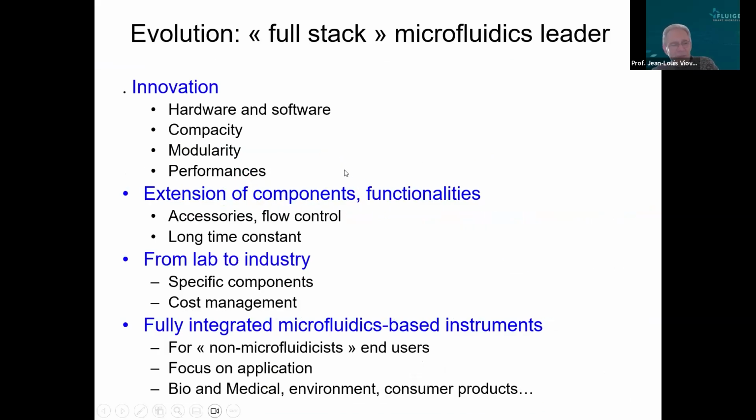Okay, so that was the beginning of Fluigent, because we had this for our own, as you can see, very particular application. But when we had visitors to the lab and we showed them this, very often we had a strong interest, and people asked us, can we have your designs, can we copy it, and so on. So this happened one time, two times, five times, and so on, and we understood that